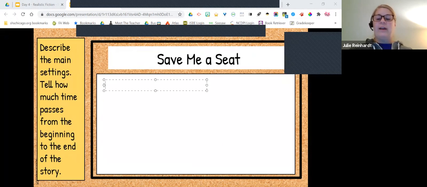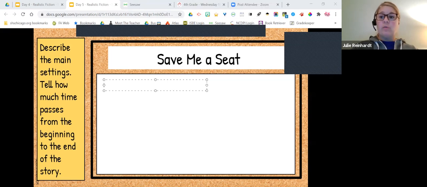All right, I hope you've had a chance to brainstorm some ideas. Where does this take place? Well, they're both in a school. So what's the name of their school? Albert Einstein Elementary. Do you see what I mean? This is the location of their story.